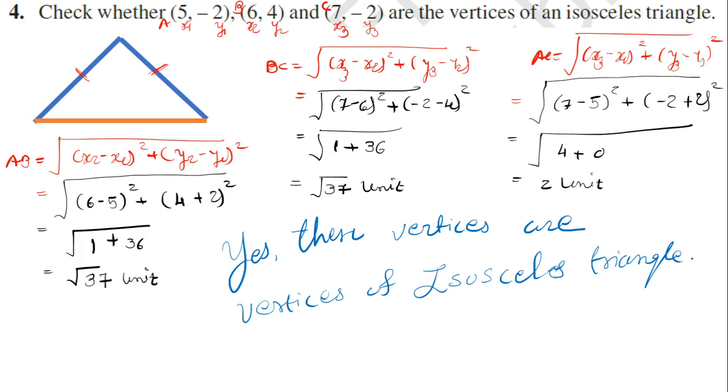Okay, then for today it is up to here only, and I hope you have enjoyed these two questions which I have explained to you today. This can be IMP, important, because it can be asked in the exam. The third question, the collinear one, and the fourth question on the isosceles triangle can be asked in the exam, so you cannot ignore this. And in the next lecture we will go ahead towards the next question like this only, and we will solve it the easy way and the sharp way.